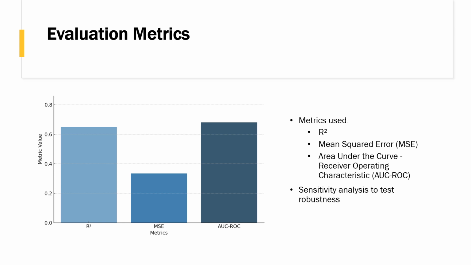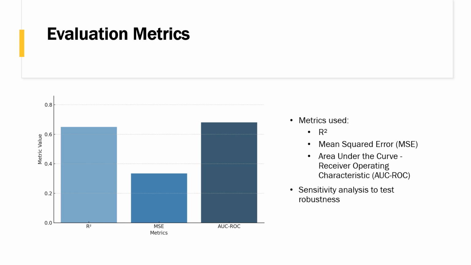And then the area under the curve, receiver operating characteristic. The area under the curve receiver operating characteristic is a critical metric for classification models. It measures the ability of the model to distinguish between the classes, particularly in imbalanced datasets. A higher AUC-ROC value indicates that the model performs well in separating positive and negative classes, making it an essential metric for